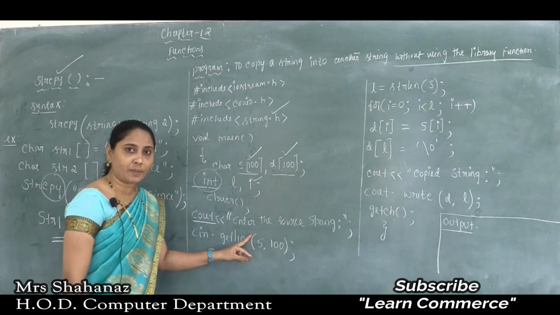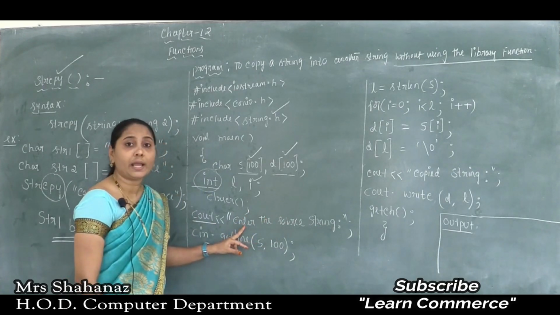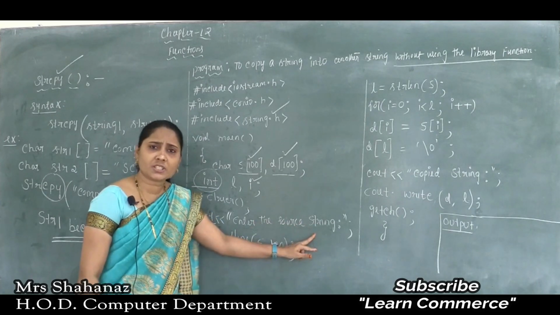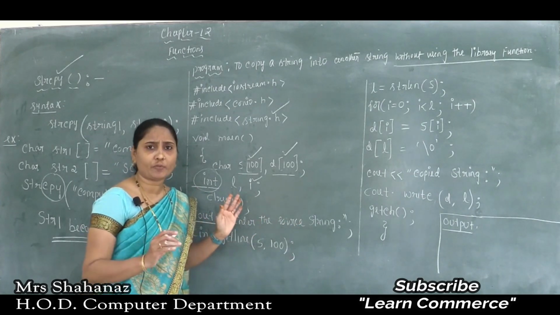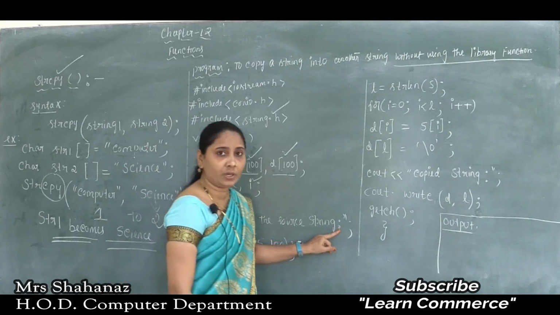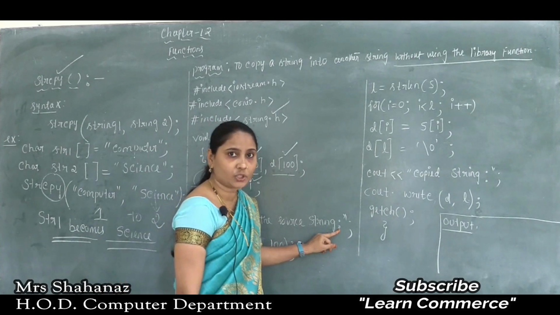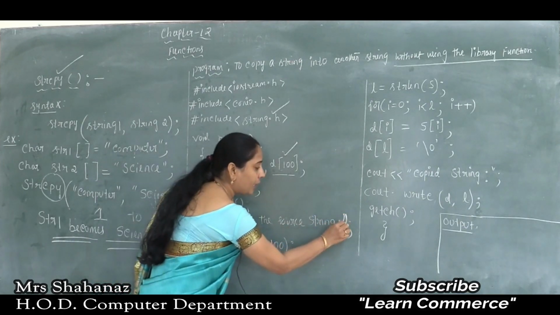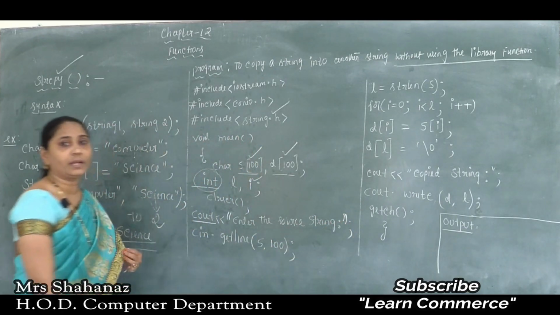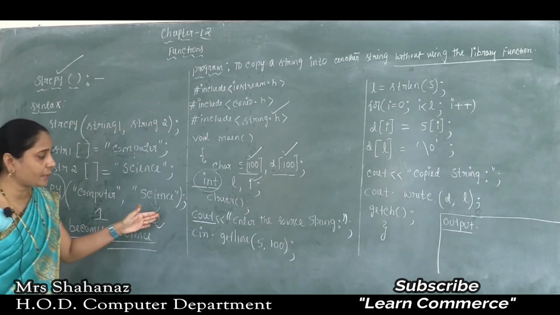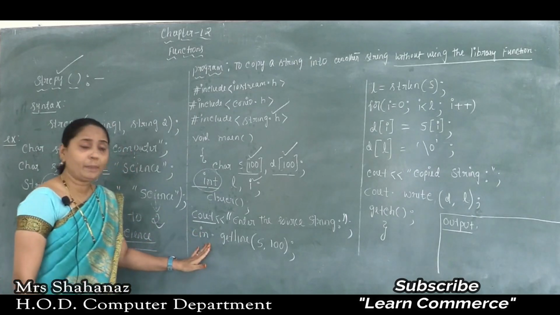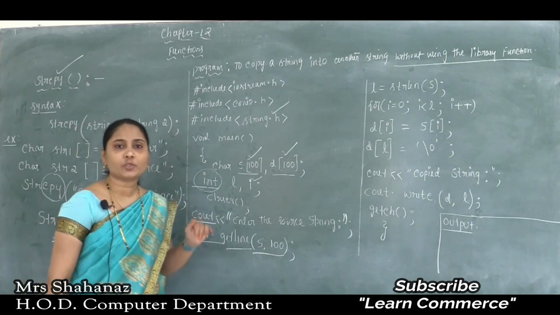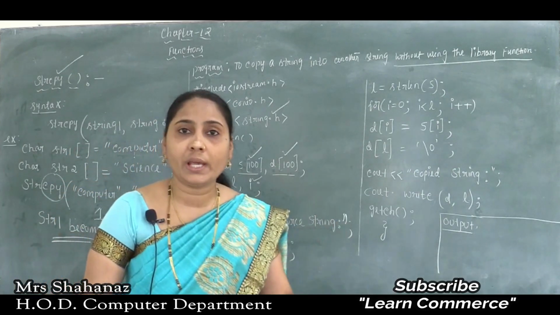So after the message appears, the message I give is: enter the source string. Clear this point here? Enter the first string, enter the source string, any type of information, and a colon, just because I want my message to look attractive, and I open the double quotation. Sure, you need to close the double quotation and the semicolon. Clear this point here? And the semicolon.